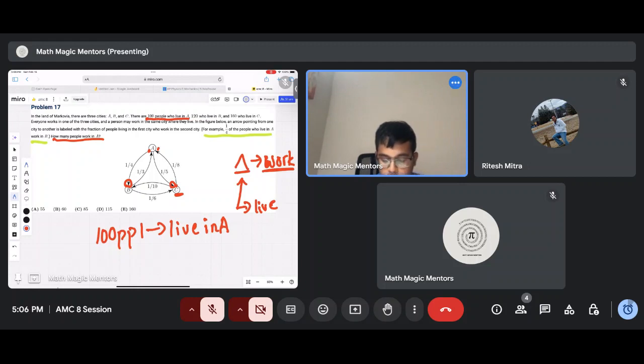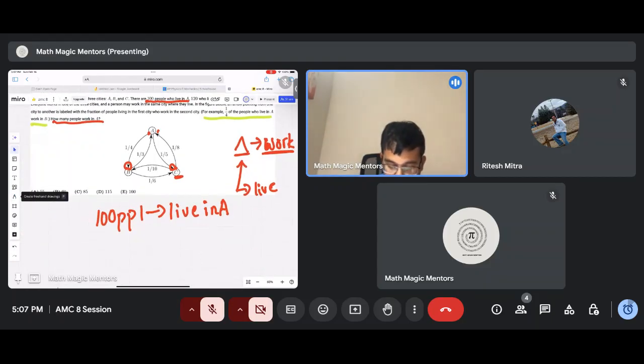These two arrowheads clearly point away from A, towards B and C. That means those people live at A, but they don't work at A. They go someplace else and work there. So one-fourth of the 100 don't work at A, plus one-fifth of the 100